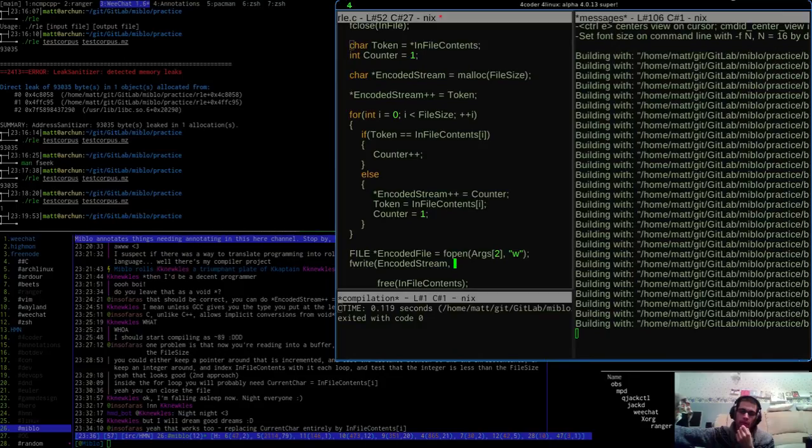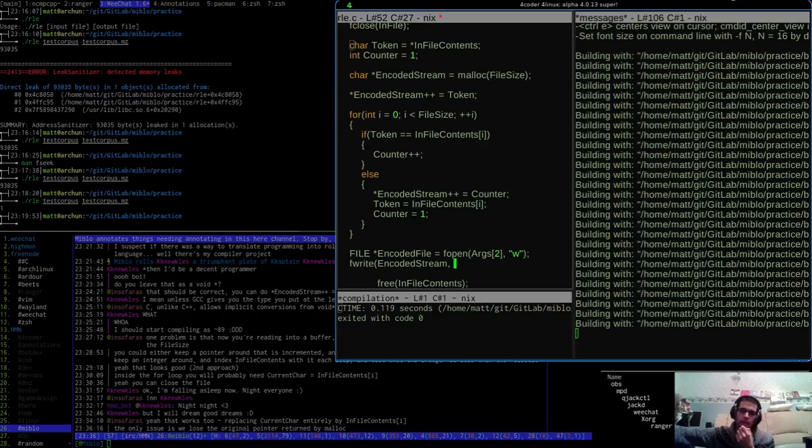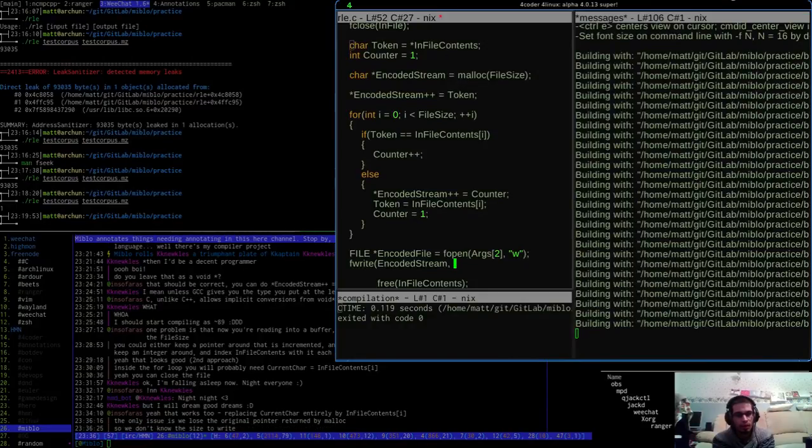So, size of encoder stream. The issue is we lose the original pointer returned by malloc. Ah, so we don't know the size. Oh right, down it. So where was that? That was replacing current char entirely by infile contents. Aye, right.